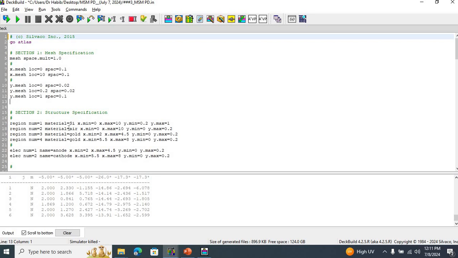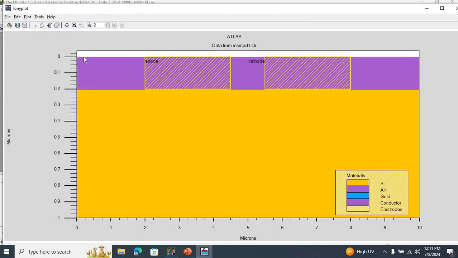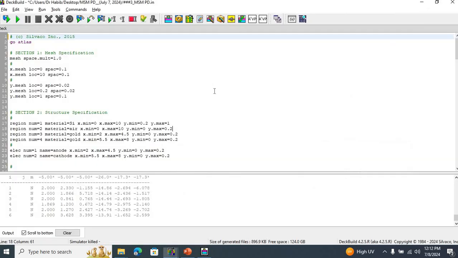Then I have defined region number 2. The material is air, running from 0 to 10 micrometers in the x direction and from 0 to 0.2 micrometers in the y direction. So basically this purple region from 0 to 10 micrometers in the x direction and from 0 to 0.2 micrometers in the y direction represents air. Initially I have introduced it as air, and later I have introduced the anode and cathode regions inside this air